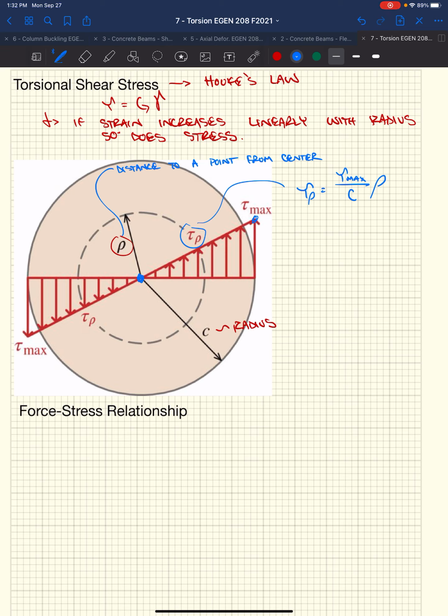We really want to come up with a way of relating our torque to shear stress, right? Because a lot of times we're going to be given torque. We're going to be able to develop a free body diagram and understand what internal forces are going on in this shaft, right? And so we want to relate torque to shear stress. Well, we know